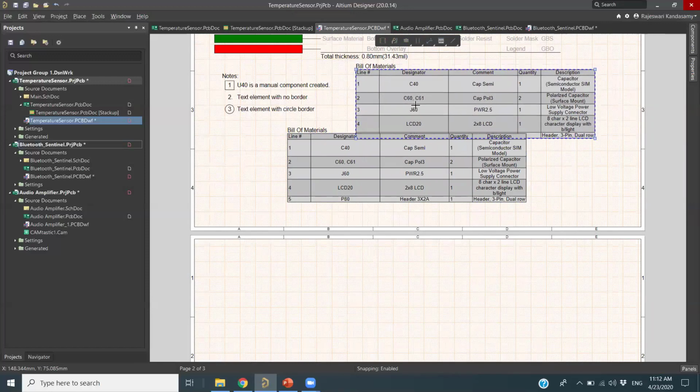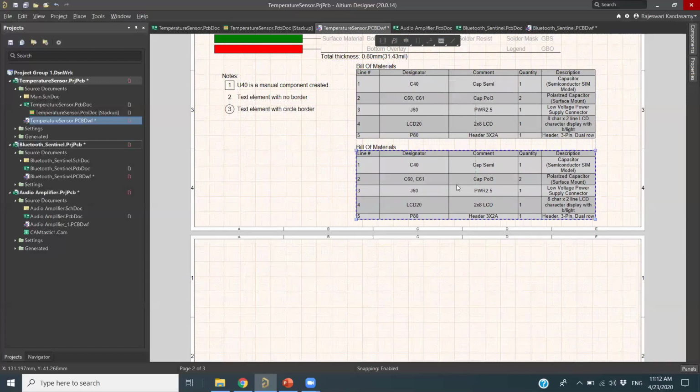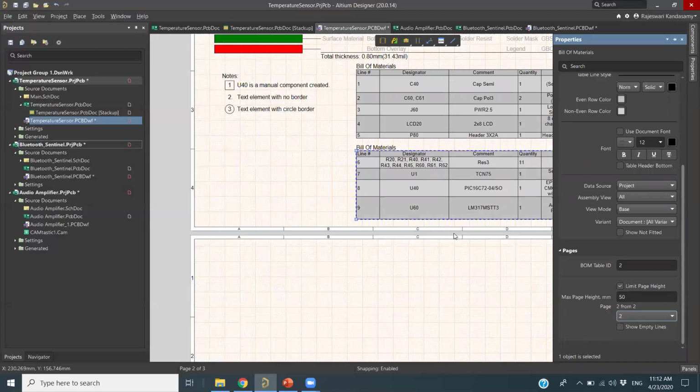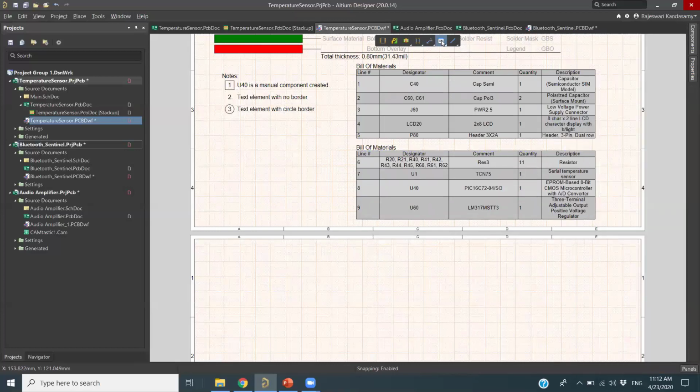Let me put it here below for you. Now you will see 1 to 5 here. I want to change this to be the second sheet, so I can just go to the second sheet here. You can add in all your sheets like this. Also you can add in your drill table. The drill table information, you can add it here.